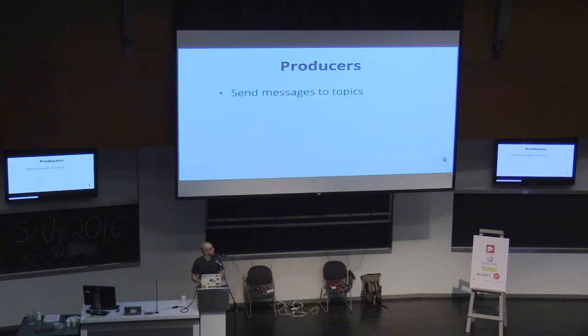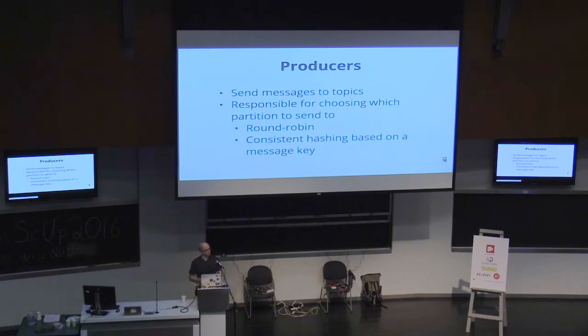Producers, as their name implies, send messages to topics. They're responsible for choosing which partition to send the messages to. There are several different strategies that you can use depending on the ordering requirements. You can round robin the messages over all the partitions, which will put an even amount of messages onto all partitions. The producer can also consistently hash the messages over all the partitions, ensuring that as long as the number of partitions isn't changed, a message that has a given key will always go to the same partition, ensuring an order for that key.